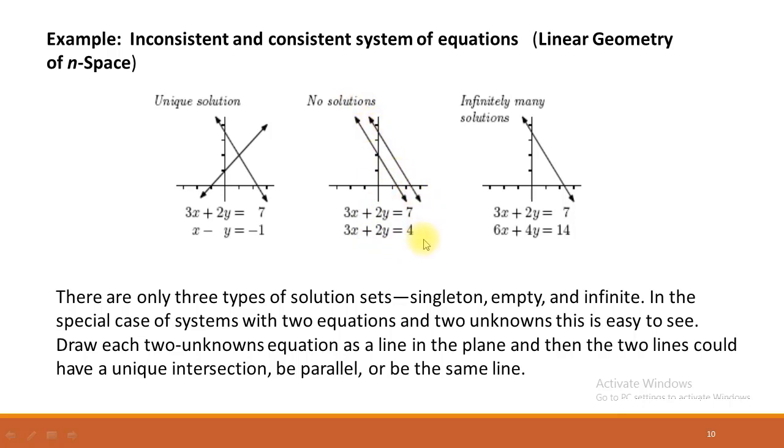And if the system has no solution, then the graphical representation of these two lines will be parallel and never intersect each other. Now another system of two equations, 3x plus 2y is equal to 7 and 6x plus 4y